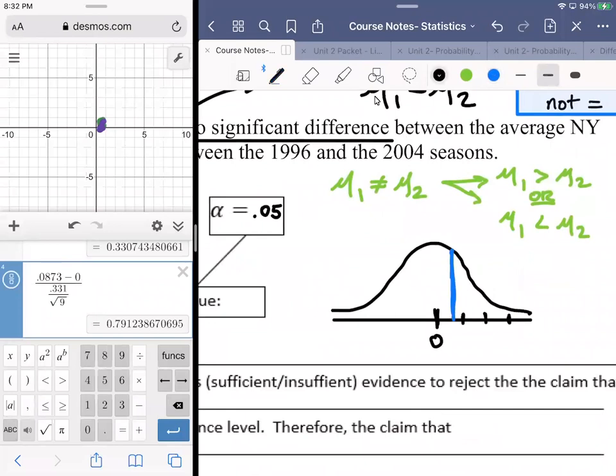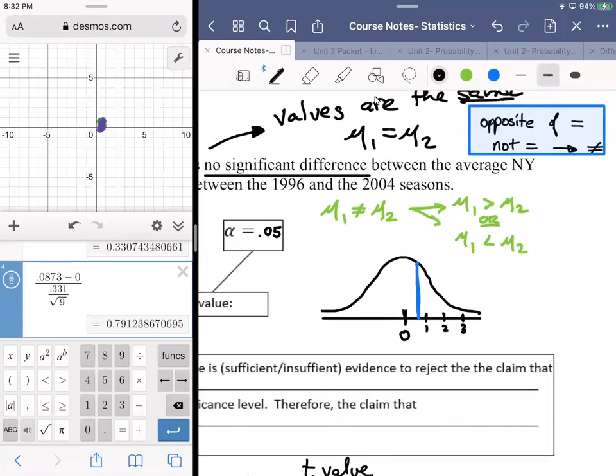Ballparking it. Here's 1, 2, 3. So if I'm looking at the case where mu1 is greater than mu2, I would be looking at this area. The issue is it may be going the other way,